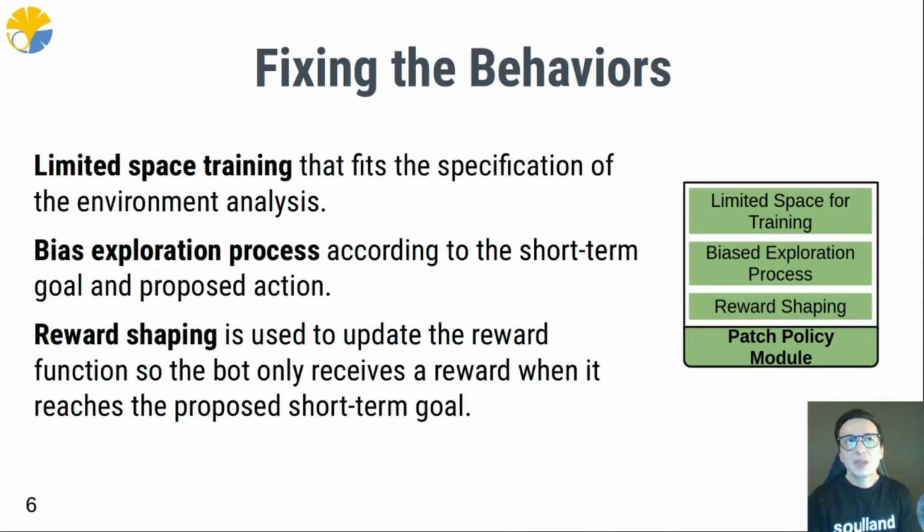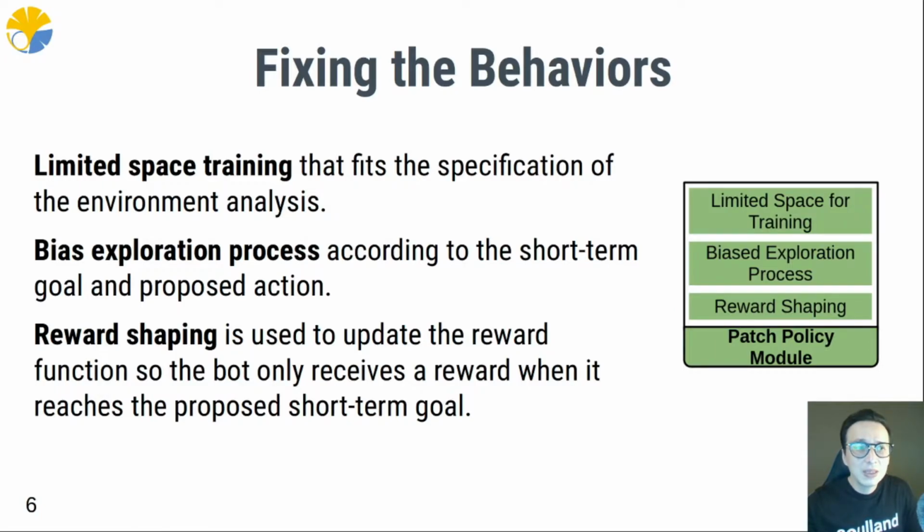Since we can provide the same information that the bot uses to explain its thinking procedure, the first thing we do is create a limited space for training that fits the specifications of the environment analysis, which means that according to the feedback, we take which variables are the most important to define a given state. And also this information is important later, knowing where we should apply the policy patch, like in which states